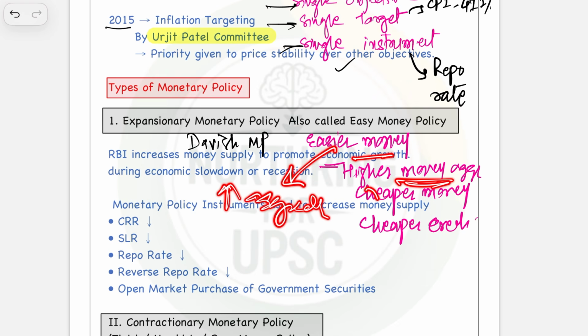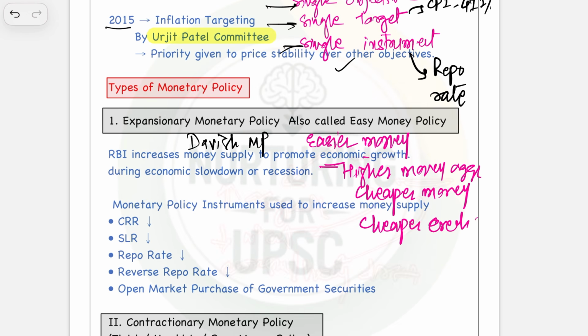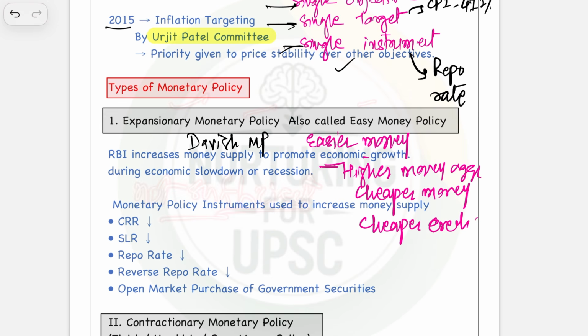Easy money would mean there is a decrease in the cost of borrowing. So consumer durables or heavy purchases are drawn in. It is favored when there is an economic slowdown or recession. When there is insufficient demand, monetary authorities tend to have an easy money or expansionary policy. This was very prominent post COVID-19, where there was not only a slowdown,